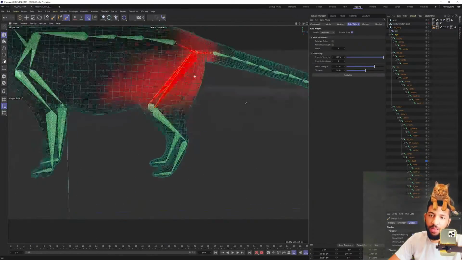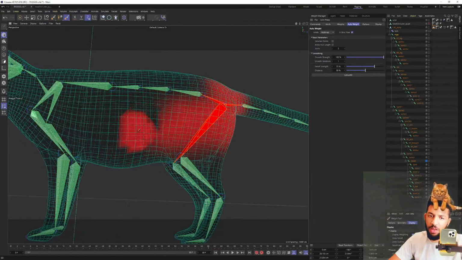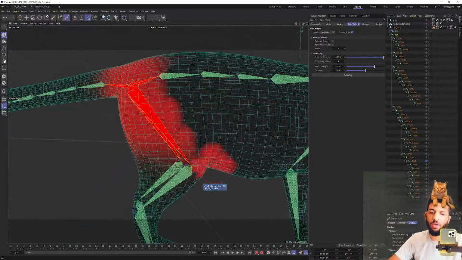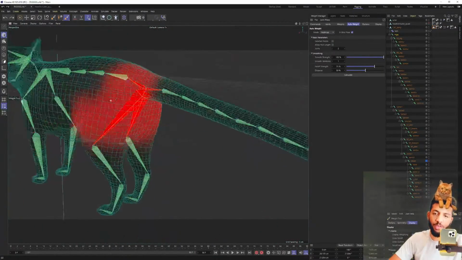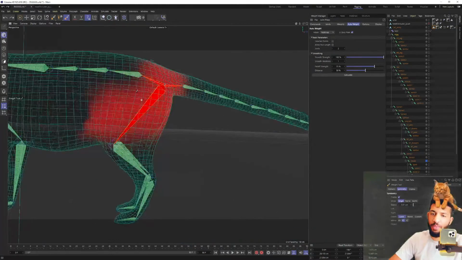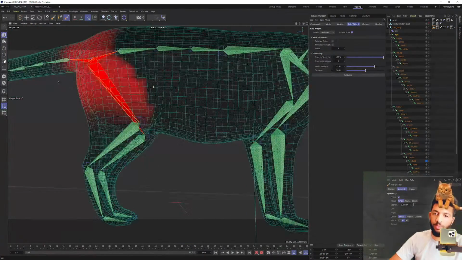Actually, it looks like it's pretty good. I don't know why the hips want to move this part of the skin. I'm gonna get rid of that influence. They really shouldn't move this part. And also, I forgot to show you this. They have a symmetry tool. If you go to your weight paintbrush options, they have a symmetry. You can turn it on, and this will save you time, so that you're not having to paint both sides,